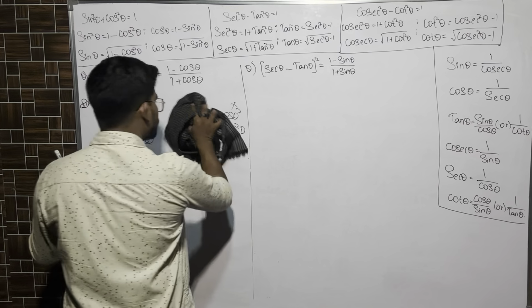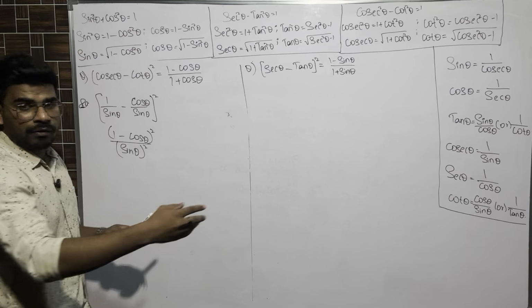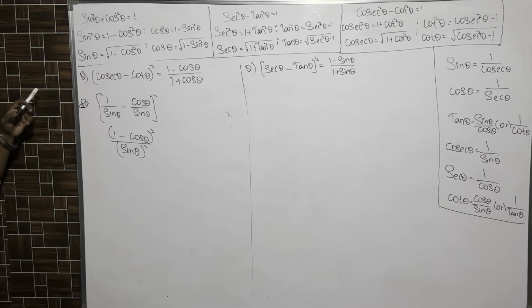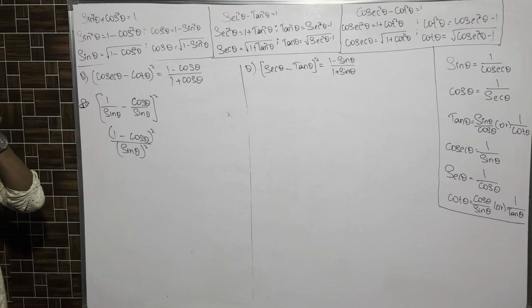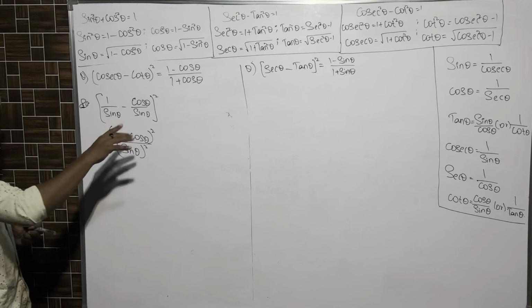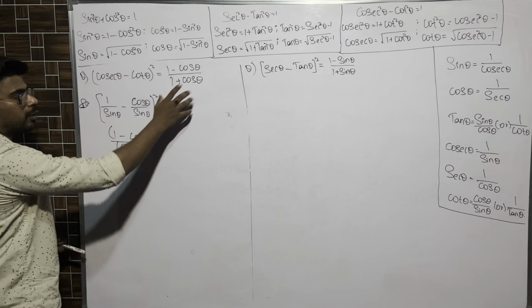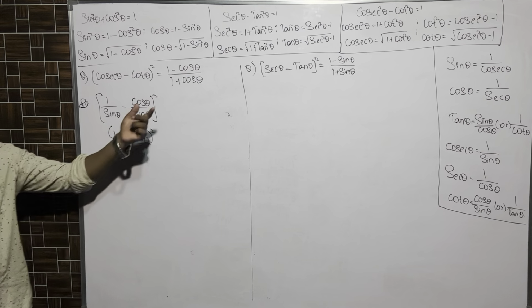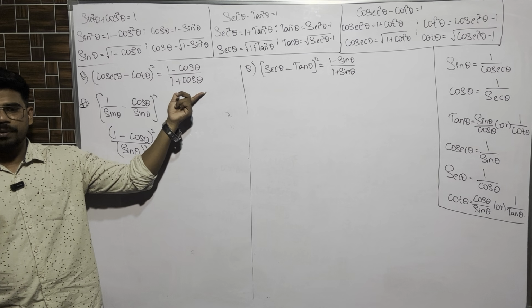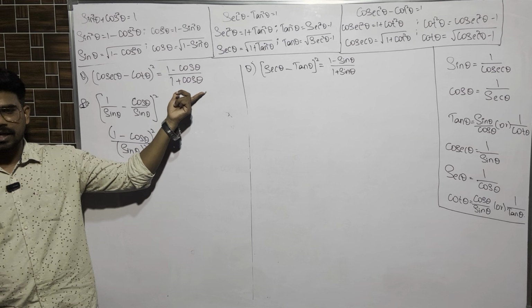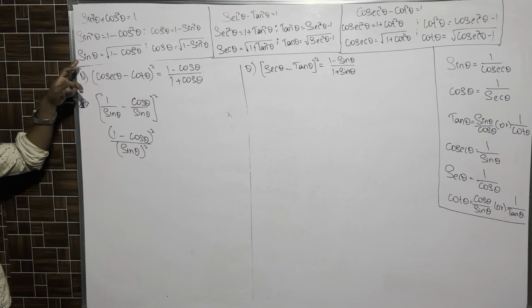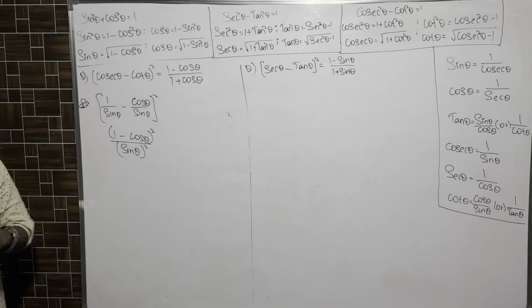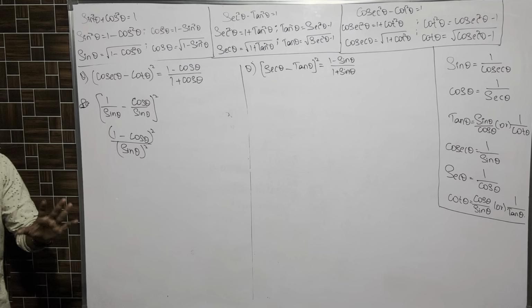Next step. While proving the required terms, what do we have to do? We have taken the LCM in the denominator, sin theta. Next we have to get a cos in the denominator, because to prove it, in the denominator we should get a 1 plus cos theta. That's why I am converting this sin theta into an expression in terms of cos. Sin theta formula in terms of cos I have to check now. Clear? Look at the approach.